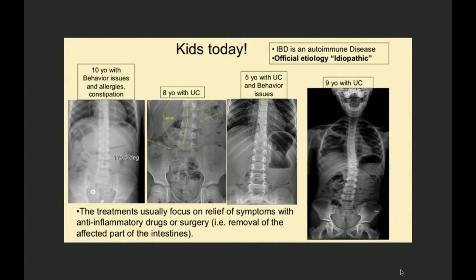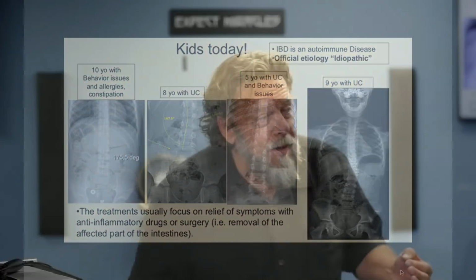Okay, so these are the kids. Now remember, you're talking a human being that's been around for over 100,000 years, that's designed to thrive on our planet. And digestion is the key for building your healthy body. And here are 7, 8, 9-year-old kids with ulcerative colitis and bowel disorders. And you want to treat it with what? A medication that stops the inflammation, which is actually how the body heals? Who comes up with this?